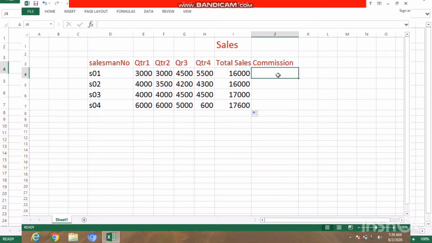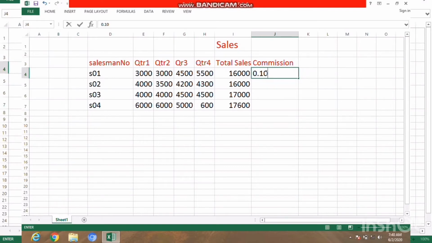Now here we have to find out the commission. Okay, I mean their total sales of salesman number 1 is 16,000. Now 16,000 के ऊपर 10% कमीशन. ठीक है, तो कैसे फाइंड आउट करेंगे? 16,000 सेल्समैन नंबर 2 के लिए, 3 के लिए और 4 के लिए सबके लिए कमीशन फिक्स है, I mean 10%. Okay, so 10% को हम लोग लिखेंगे 0.10. So we can directly multiply our total sales with commission, so we will get the result.